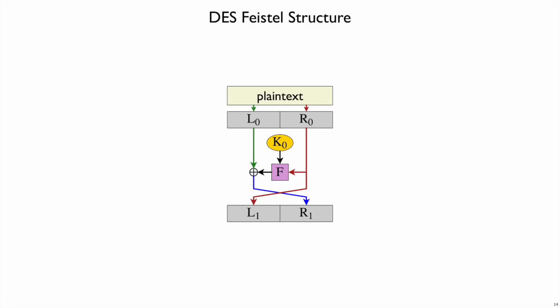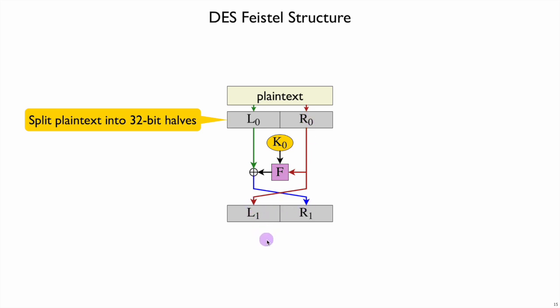Each k sub i generated in the key schedule is going to be mixed with the plain text with the same sort of mixture that we're showing here. This mixture is called the Feistel structure. At every step, we're going to have 32-bit halves that originated from the plain text. So at first, it really is just the high and low parts of the plain text. We will keep mixing these up, and in general, we have these 32-bit halves that eventually will stick back together